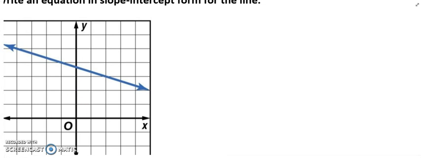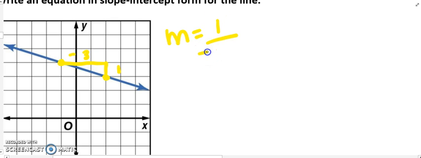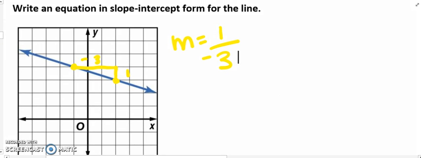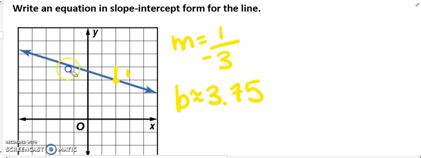Let's look at slope. Let's see if we can find that. I'm going to use these two points and rise and run. I rose 1 and ran 3, but it was to the left, so it was a -3. So our slope is rise over run, 1 over -3, or -1/3. Now we don't know the intercept. We can guess it's about 3, about 3.75, or it looks like it's in there,